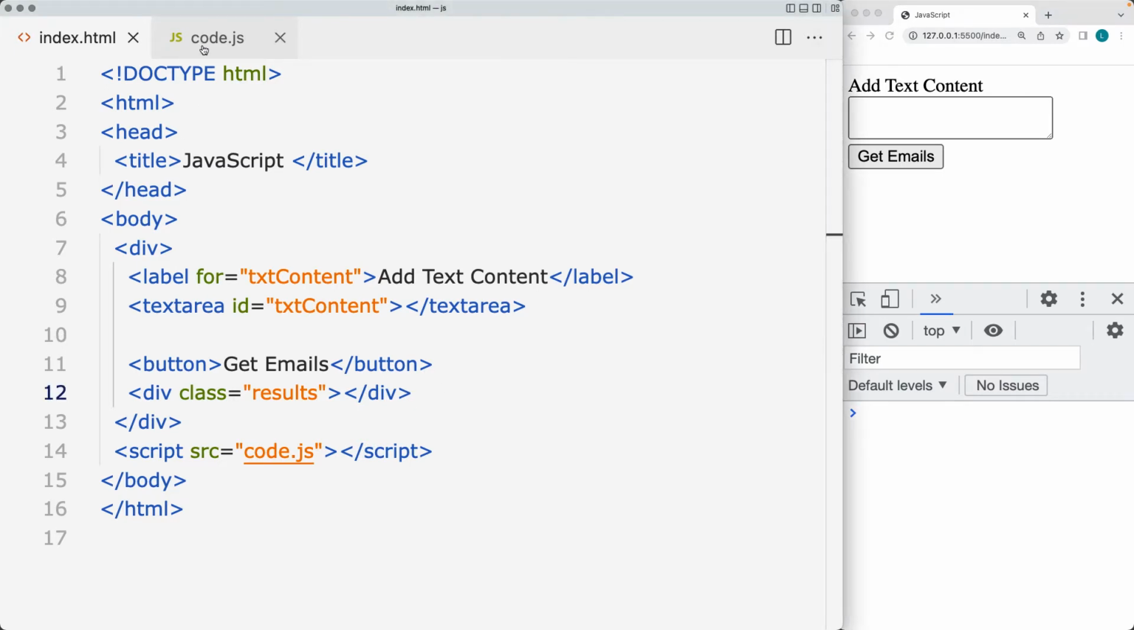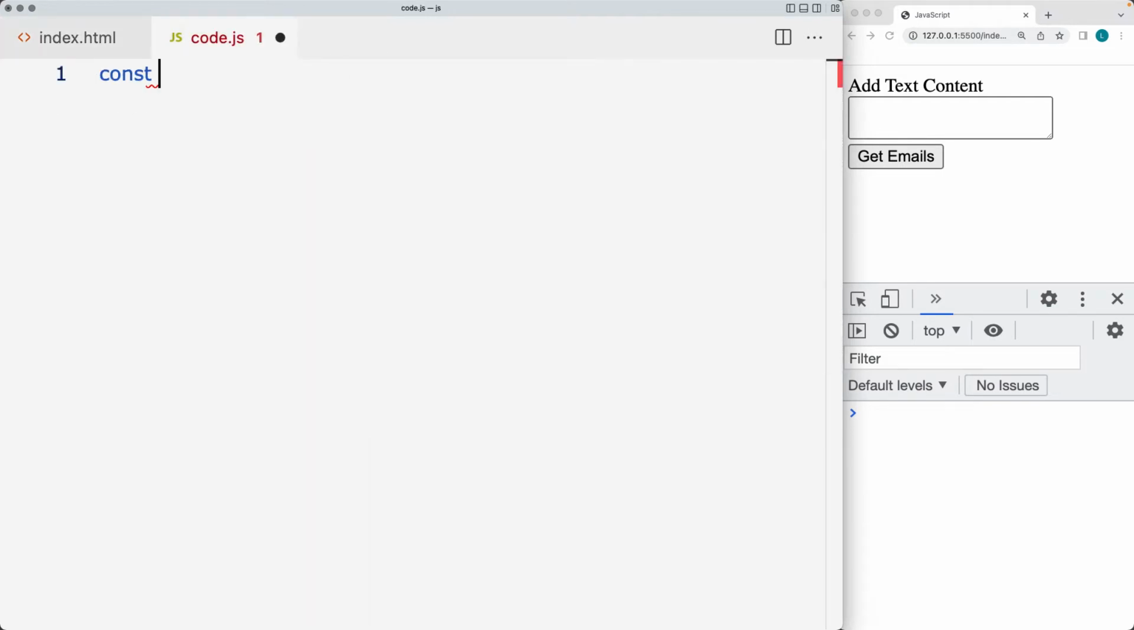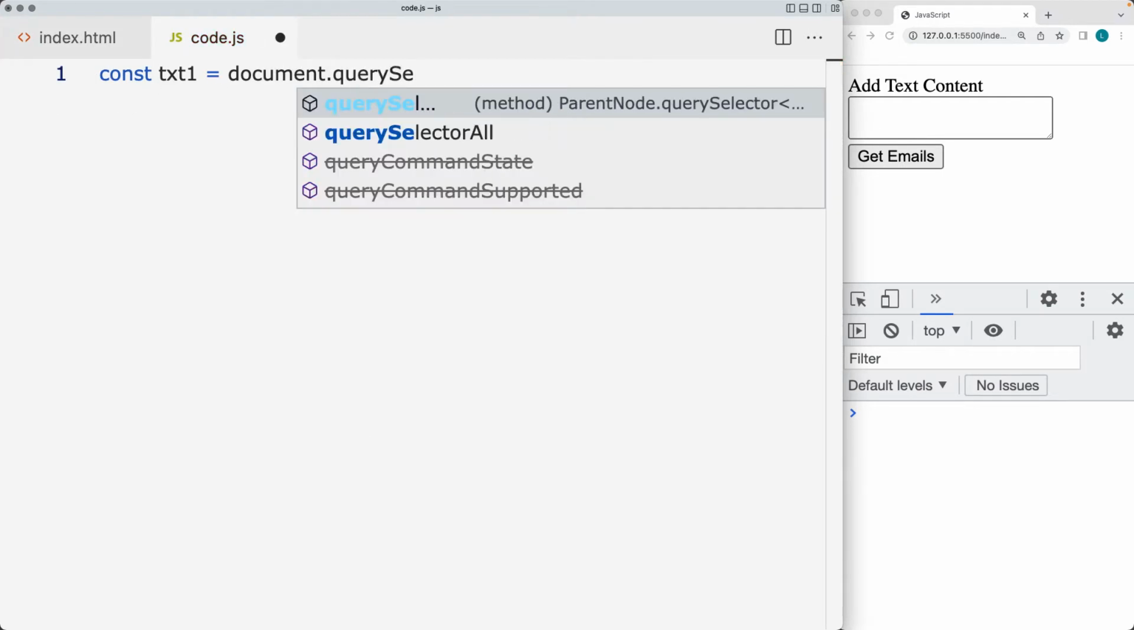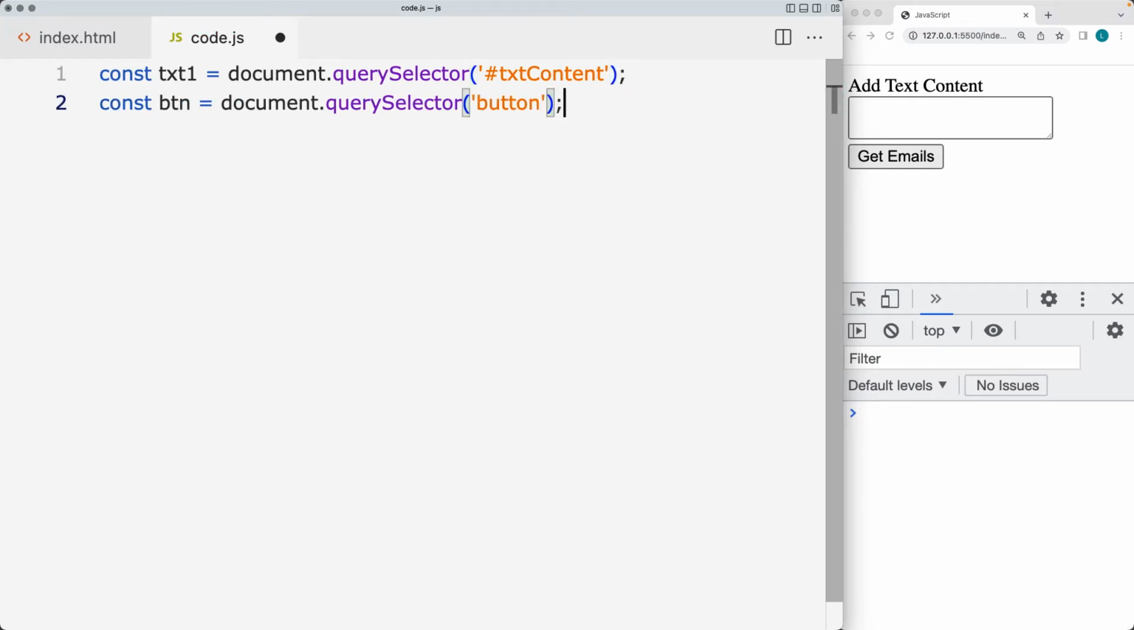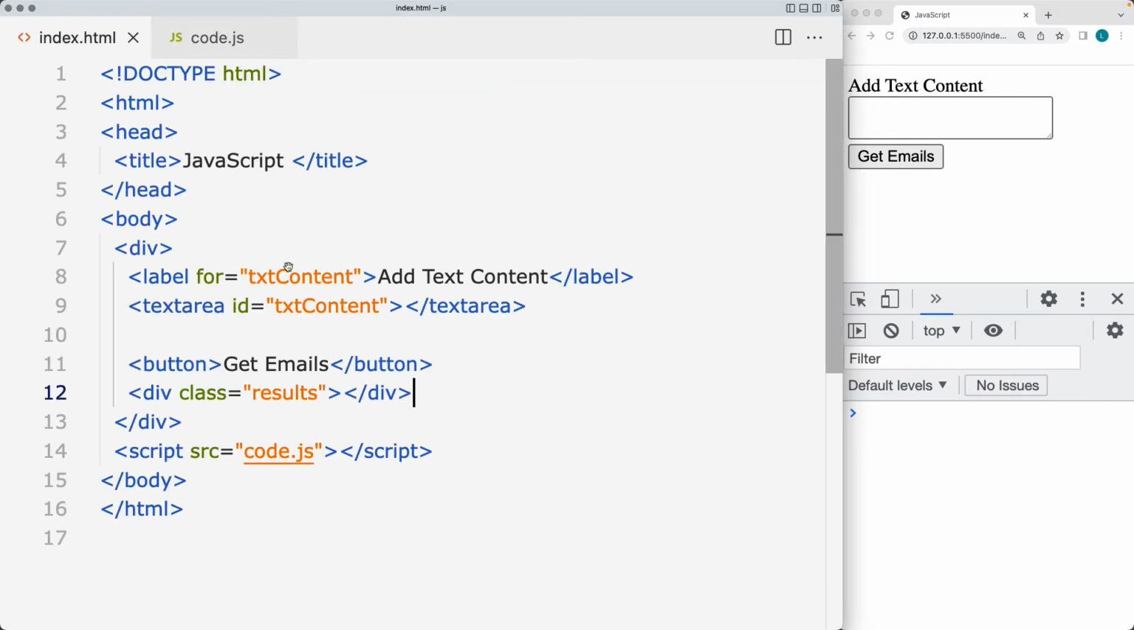Go into your code and let's select the page elements as objects using the document query selector. First, we're going to select the text area. Next, select the button, and we just have the one button tag. If you've got more than one button tag, then make sure that you've got a unique identifier for the page element. Also select the element with a class of results, because that's where we're going to be outputting the content